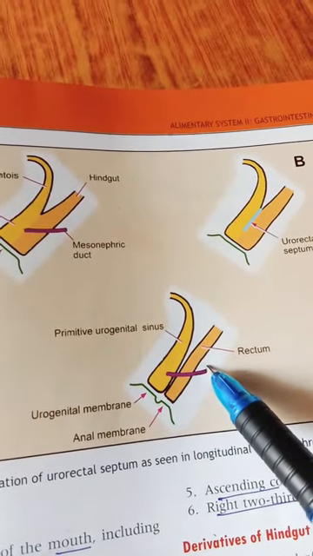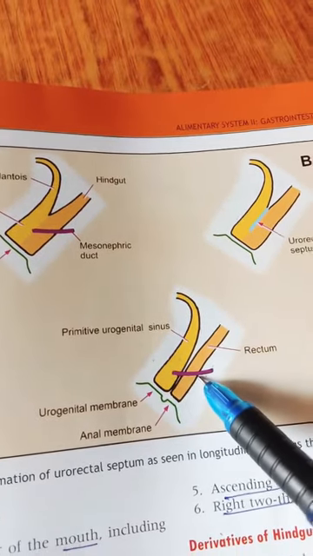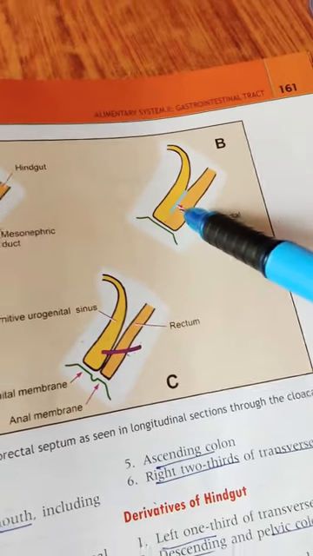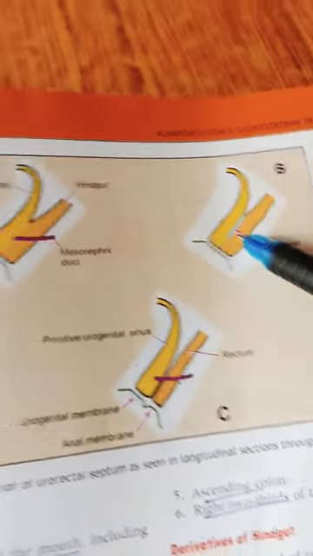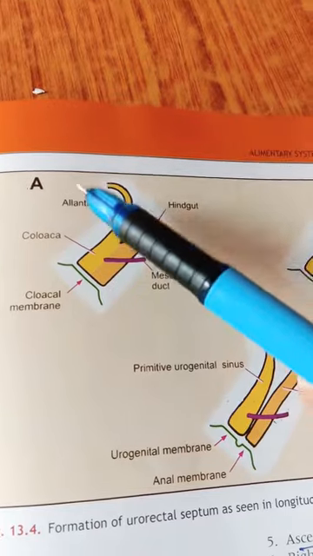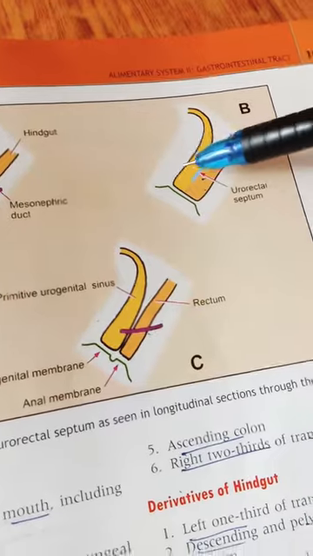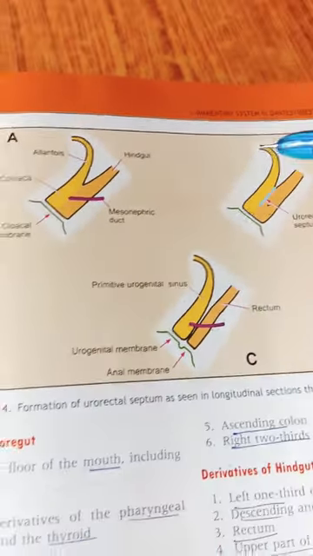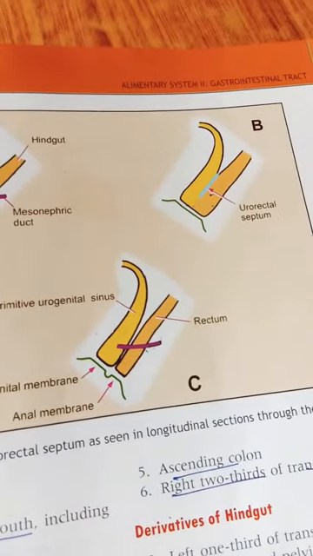And not only rectum, it also gives rise to the anal canal. These both are mainly separated by a urorectal septum. So yeah, here you can see that urorectal septum. This urorectal septum is first seen in between the allantois and cloaca. So where is allantois and cloaca? That is very important to remember. First, this urorectal septum is between our allantois and cloaca. Later, it is between a proximal part and distal part of our cloaca. So this is what we need to understand about the urorectal septum.